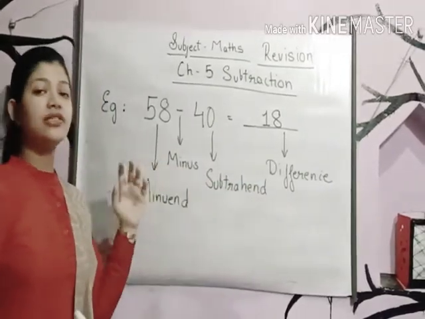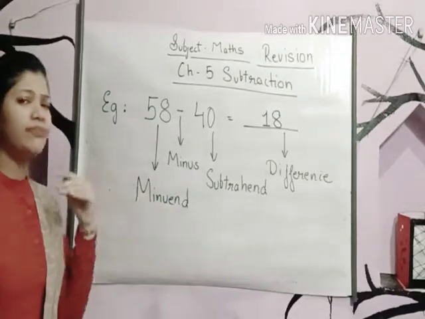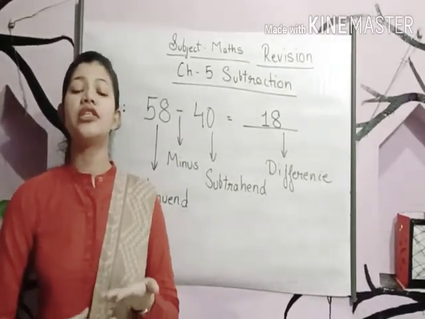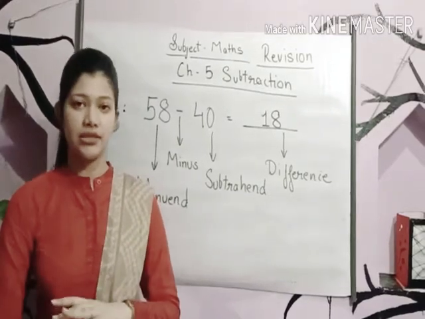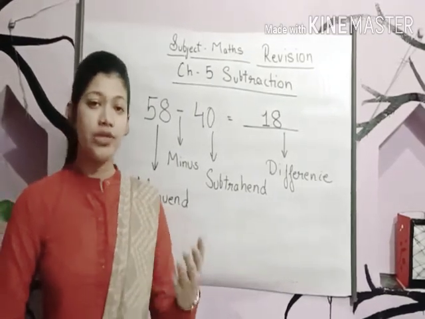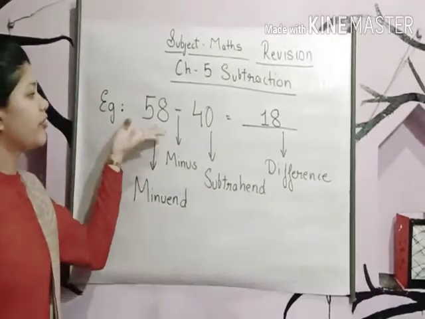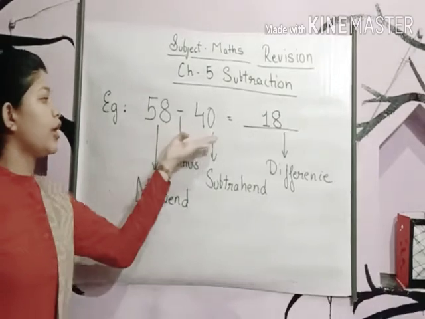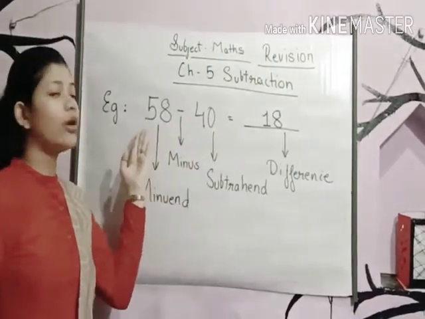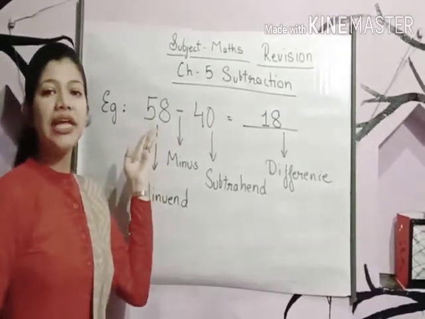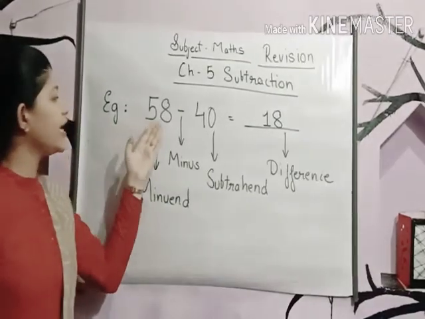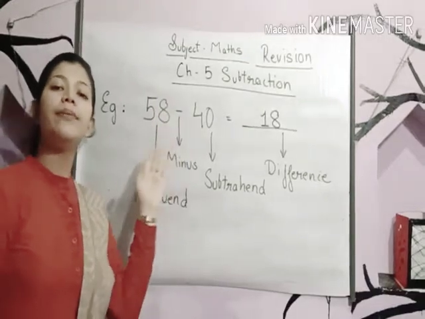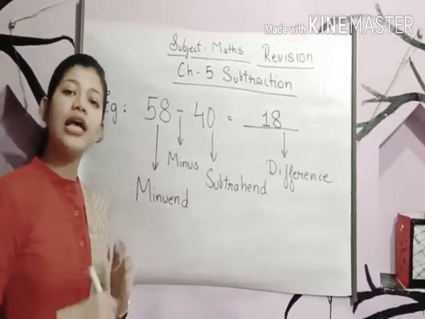Now let's discuss one by one. Now, students, what is minuend? Minuend means the number from which the smaller number is subtracted. That is known as minuend. For example, 58 minus 40 is equal to 18. Here, the smaller number 40 is subtracted from the given number 58. Yes, so this 58 is minuend, the number from which the smaller number is subtracted,